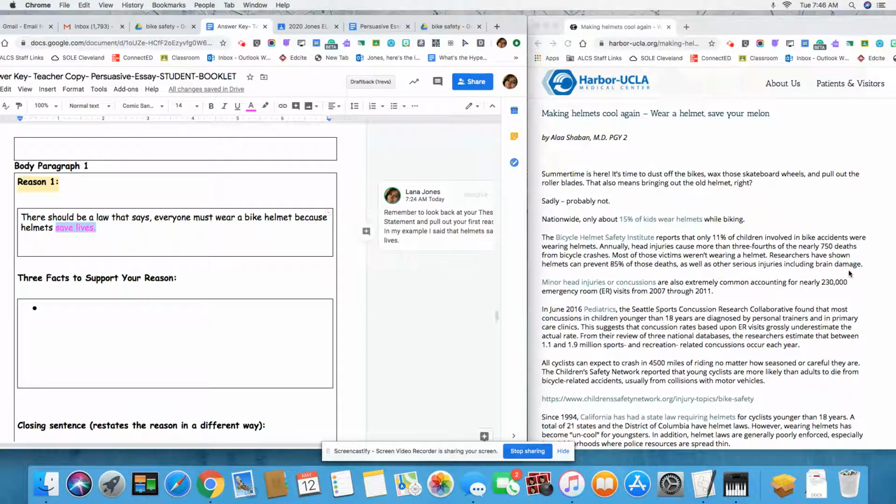Now, we're not going to talk about the brain damage stuff in this particular paragraph because that's my next reason. So I'm going to save anything about head injuries for the next paragraph. But here it says that researchers have shown helmets can prevent 85% of the deaths. All right, so I'm going to type here,